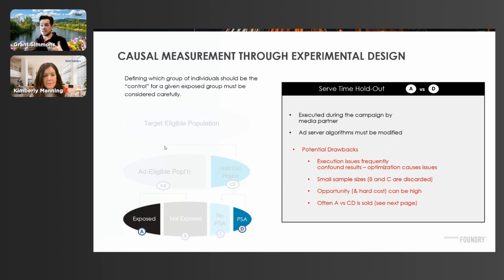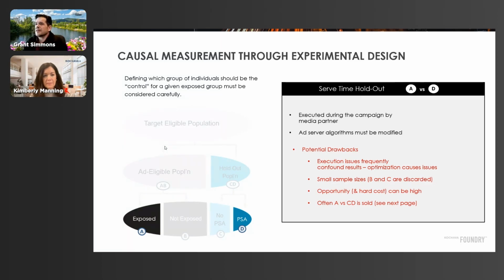And so if optimization is left on, this one will start to drift towards an audience that's more likely to engage, and this one won't. And so your audiences themselves will start to drift in serve time holdouts, meaning your audiences won't look alike again. Separately from that, within serve time holdouts, an enrollment decision has to be made. Am I in a control group or am I in the test group? And that lookup and maintenance has to be done every time that same customer is seen.